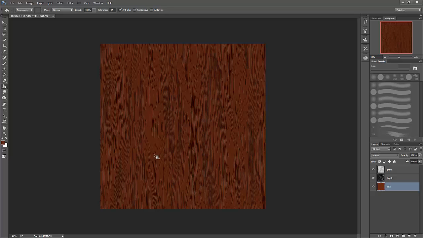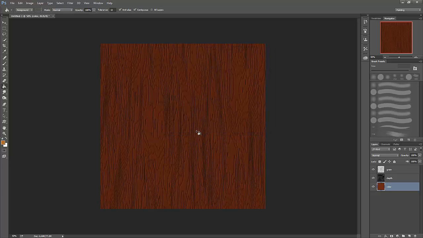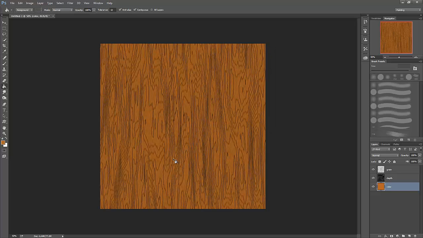And change that color up. Gets us kind of a mahogany cherry look. Or we can go in and push it towards more of a honey pine. Maybe something like that. And that way you can build with this one PSD a really nice library of different